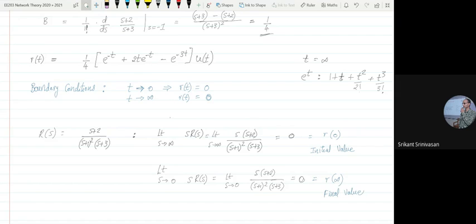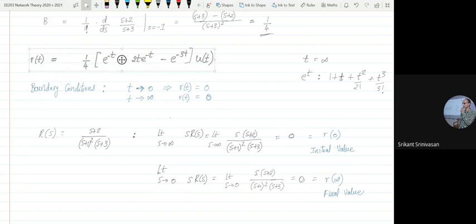When t is equal to 0, not r. At time t equal to 0, what is the value of r? That is the initial value of the function, r of 0. And final value means I'm setting t equal to infinity. The system is saturated. I mean, the system has run for a long period of time, and now it has come to some state. I want to see what is that final state. Then that is this final value, r of infinity. So this formula, limit as s tends to 0 or limit as s tends to infinity, tells me what is the initial value and what is the final value without even solving the time domain expression.